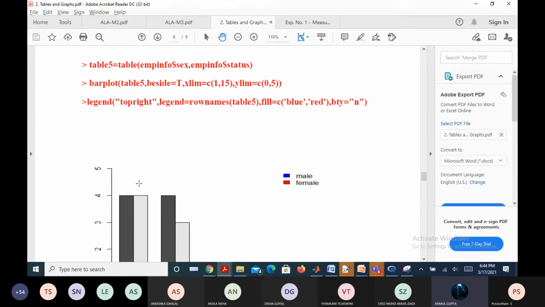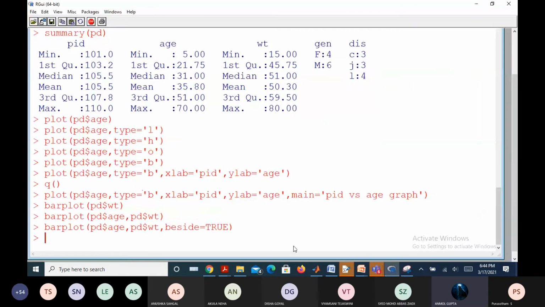So we can do this with the age and weight. What I'm going to do is make a table of, let us suppose, table of PD$age, comma, PD$weight. Something like that I have done.